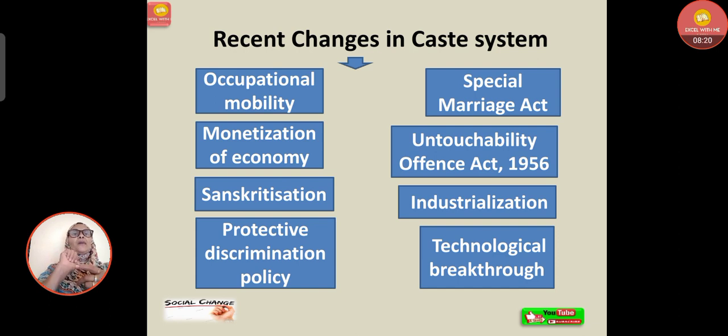Now, secondly, monetization of the economy. The economic context of inter-caste relations, which is termed the Jajmani system, has weakened and lost its significance. So, the monetization of the economy and expansion of the market system in rural areas had an impact on the economic conditions of various castes. Now, thirdly, the enforcement of the Special Marriage Act of